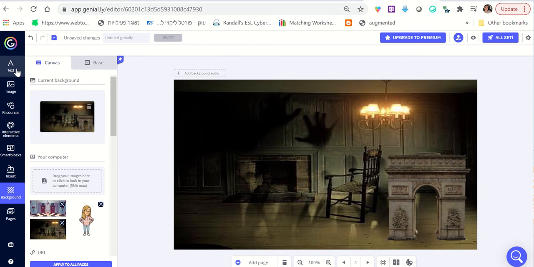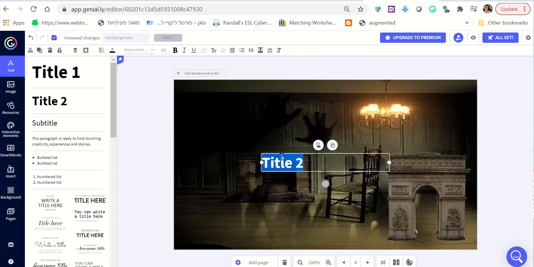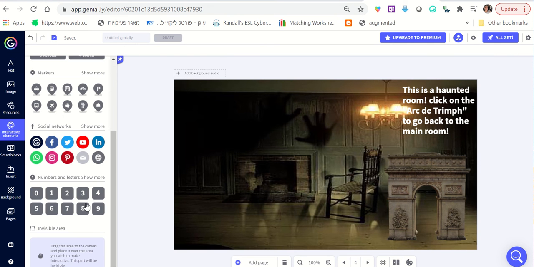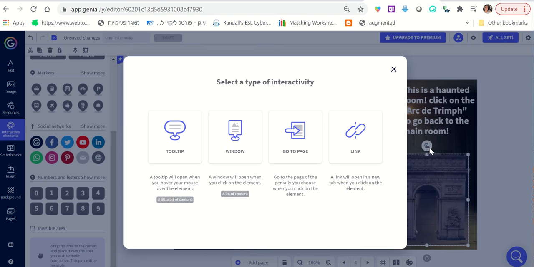So I'm going to click text, and I'm going to choose title, and I'm going to say, this is a haunted room. So this is my haunted room, and the message, students need to click on the Arc de Triomphe to go back. So I'm going to insert another interactive element, and I'm going to add an invisible area to the Arc de Triomphe, and I'm going to click the little hand,